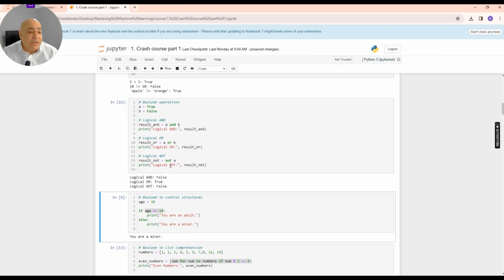Because what happened here, it took a true and inverted it to a false, therefore it returned a false. The first time when I ran it, A was false, therefore it was inverted to true and it returned a true. But in this case, it took A as true, inverted it to false, and it will return false. So now if I change B into true,